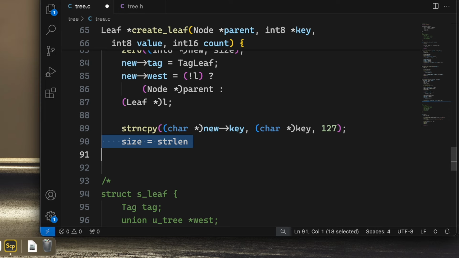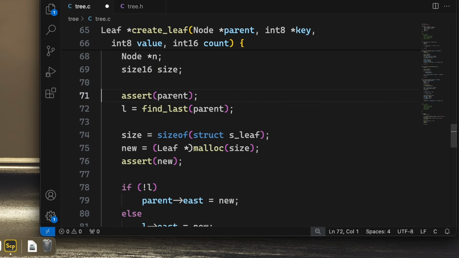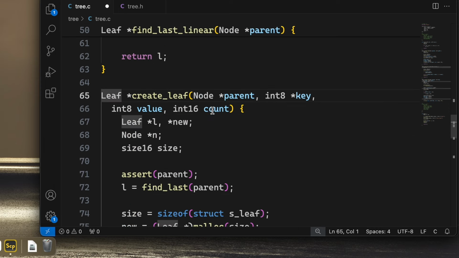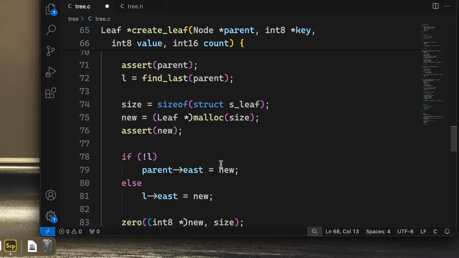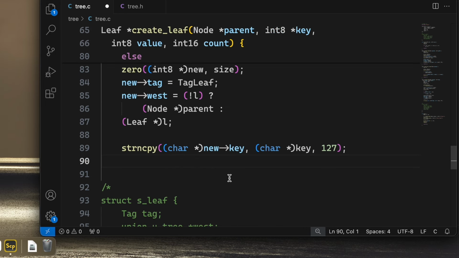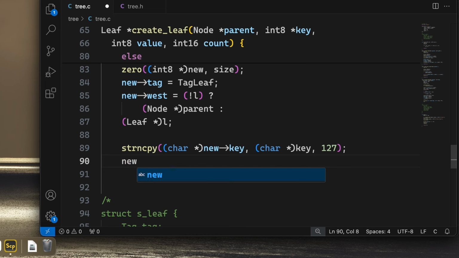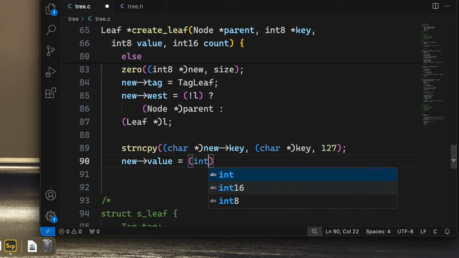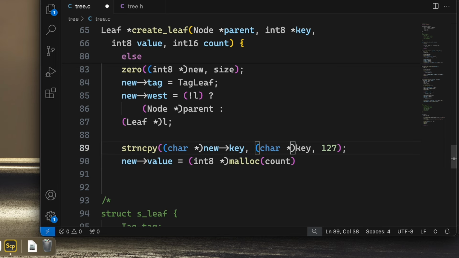No, let's not, by the way. We have a size as an argument, this count variable. We can use that instead. So what do we need to do? We need to create, let's select this, new value equals int 8 casted malloc of count bytes